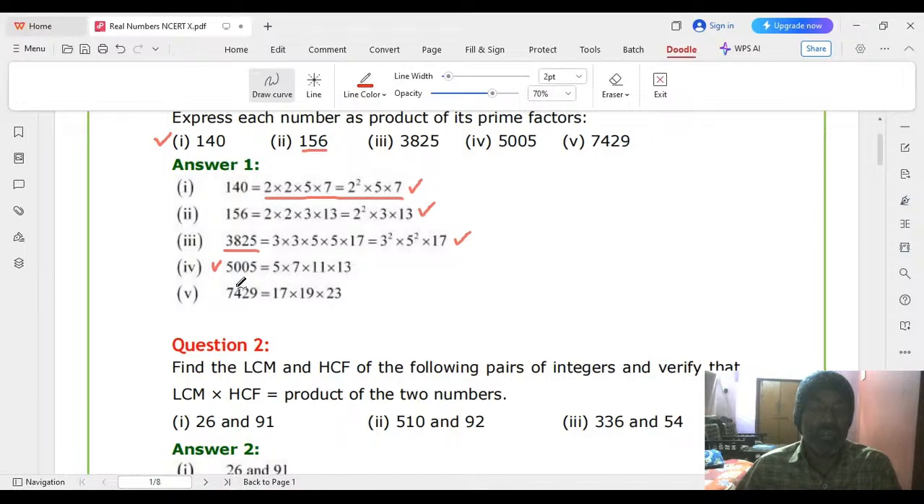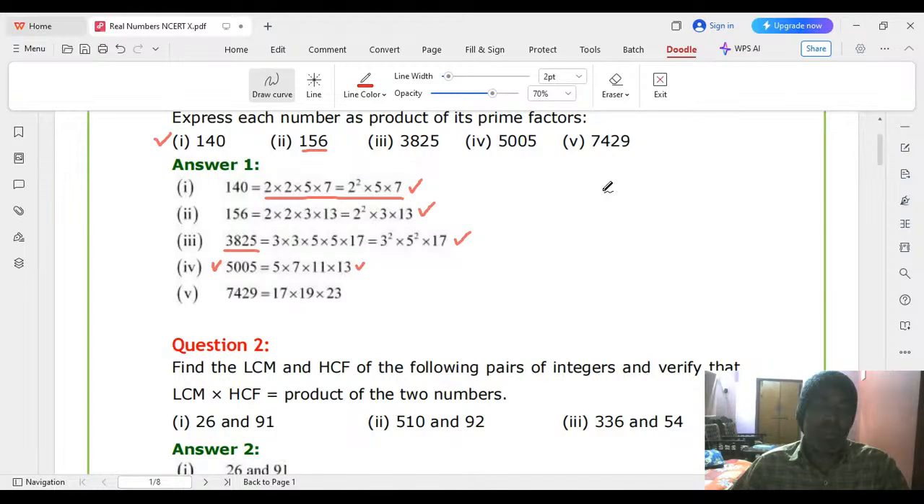5005. The prime factorization of 5005 is 5 into 7 into 11 into 13. So 5, 7, 11, 13 are all prime numbers, and again we recall the property of prime numbers. Prime numbers are greater than 1 and divisible by 1 and itself only. So 5 is greater than 1 and it is divisible by 1 and only 5, so 5 is a prime number. Similarly, 7 is also greater than 1 and divisible by 1 and 7 only, and so on. So let's see the last